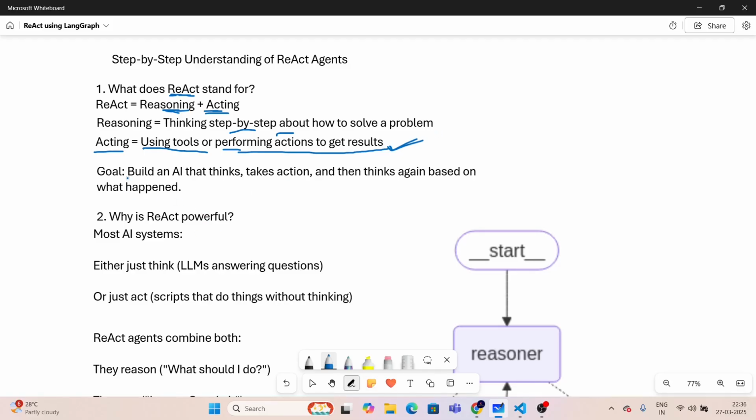Now, what is the goal? The goal for us is to build an AI that thinks. This is really interesting. First of all, it will think, and then it takes action. It not only thinks and responds, but it also takes an action. And then it thinks again based on what happened. And this goes in a loop